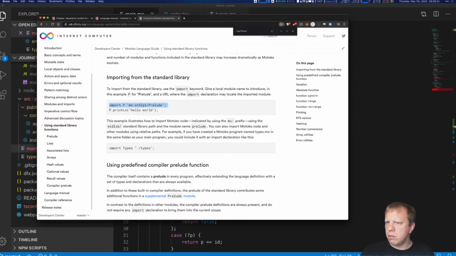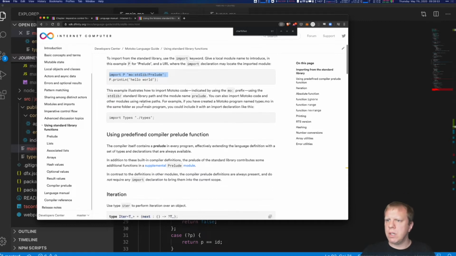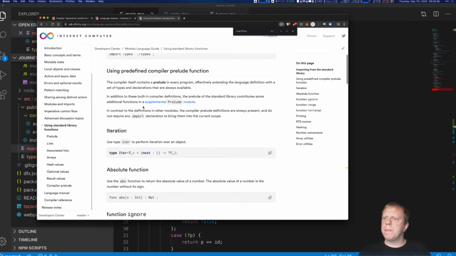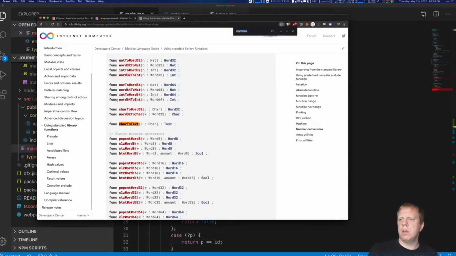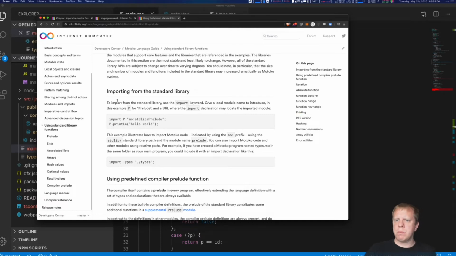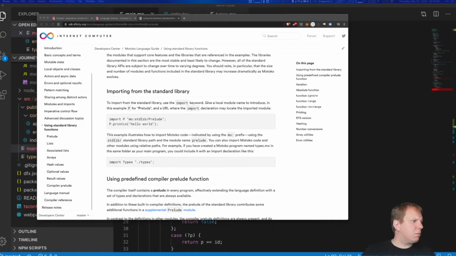Is it? No, that's not. But essentially, this is right. But there's no talk about prim. So let me ping the documentation team to